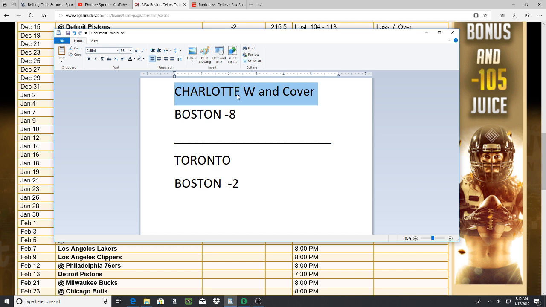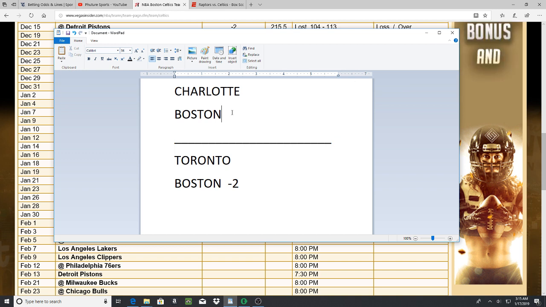Okay, so in that situation, I would not even play the game because of the fact that the line is being shaded toward Boston here, okay? So that is what you have to watch out for, okay? They're not going to make Boston a -2 or a -3 point favorite against a team like Charlotte because they're significantly better, okay? If that happened, the public is going to come in on Boston, okay? And the casinos, the line makers would lose a lot of money by doing that, okay? So that would not happen.